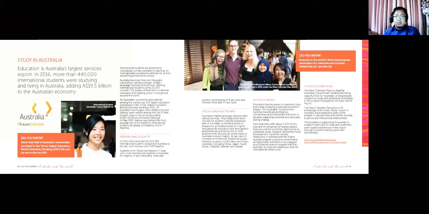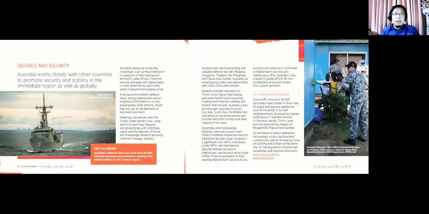Many international students coming to Australia, and Australia is the third source for international education. Jadi negara ketiga terbaik yang dipilih oleh pelajar internasional di seluruh dunia untuk studi di Australia. Mungkin yang pertama adalah perhaps United States, and second one is the UK, and the third one is the Australia. And defense and security, this is as you can see, ya setiap negara punya pertahanan dan keamanannya juga, termasuk juga Indonesia. So I believe that you might be so interested more about this one.